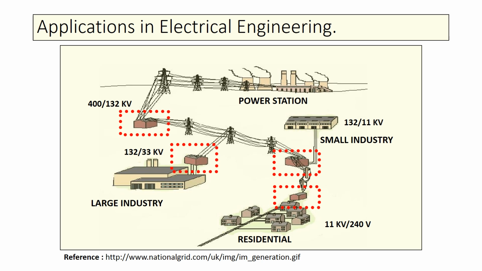If you are going to generate some 500 megawatt of power at 11 kV, let us calculate the current. We know that in case of three-phase power, active power P is equal to root 3 into VL into IL into cos phi, where VL is line voltage, IL is line current, and cos phi is power factor. Take a typical power factor of 0.8 and calculate the current. IL is equal to 500 into 10 power 6 divided by root 3 into 11 kV into 0.8.